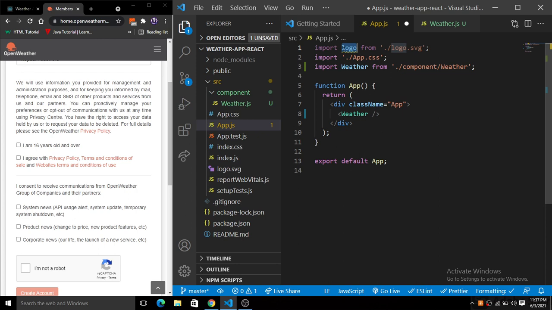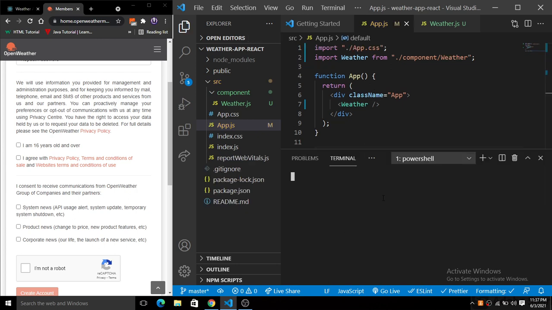Okay, and now I will simply start our React application. To start the React application, you have to simply fire the command npm start in the terminal, so that the React application will be started. I have removed the header section from the app.js, so that's why you will not see the spinning logo of React.